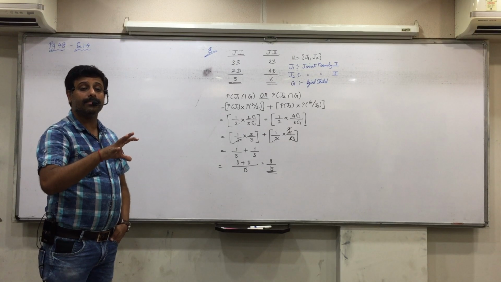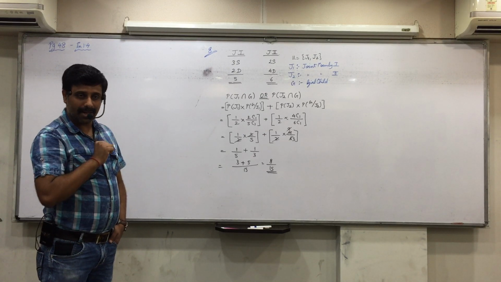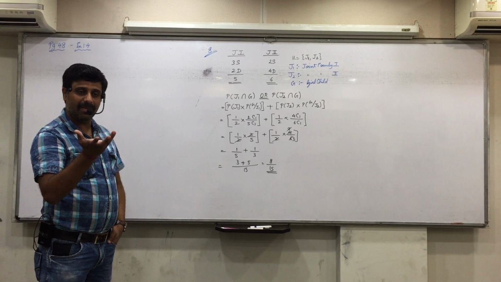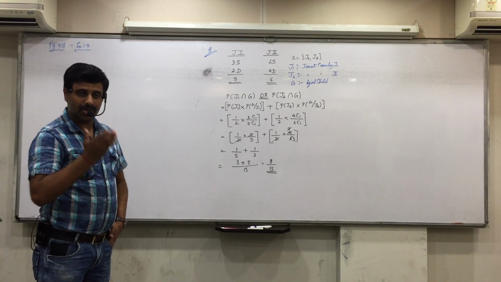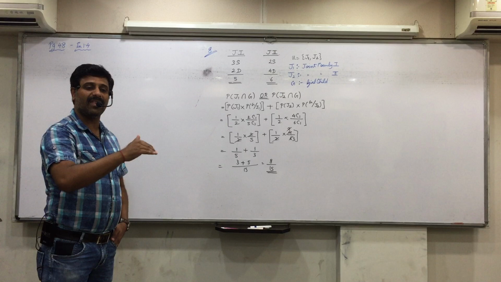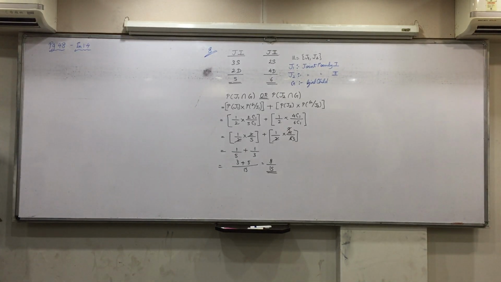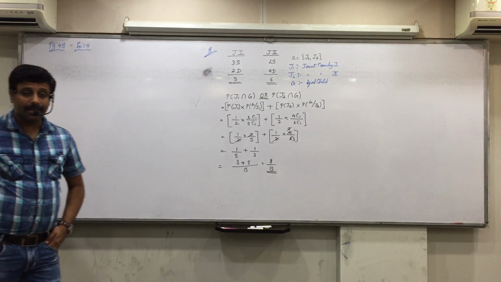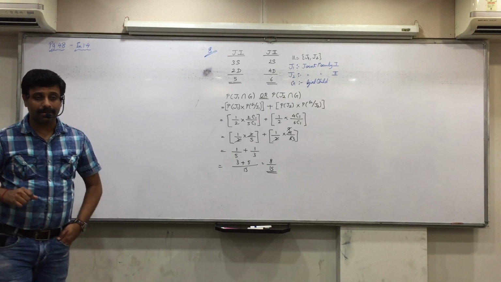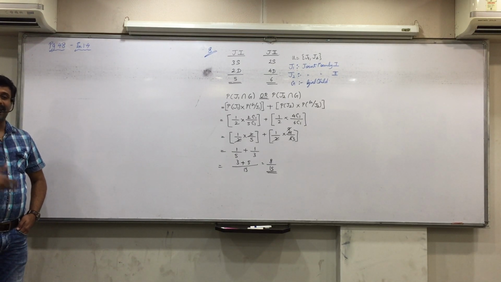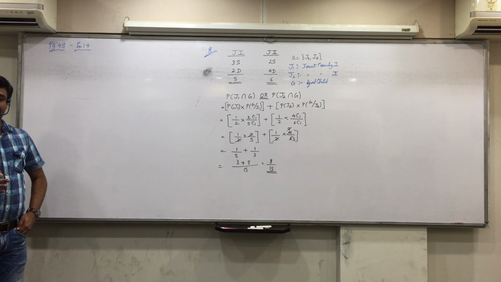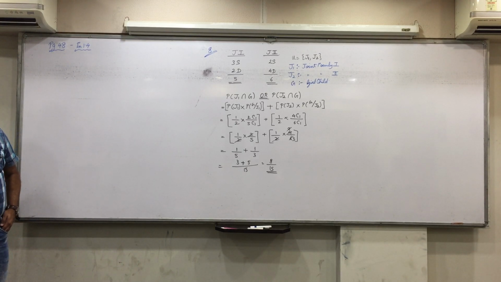First you select what? Joint family. So if you select the first joint family, then the girl will be from joint family 1 only. So selection of girl will depend upon which joint family you have selected. If you select the first joint family, why will the girl be from the second joint family? The sentence is written, from that family. Even if it's not written, if you select the first joint family, then the girl will come from joint family 1 only, and joint family 2 is out of question, okay?